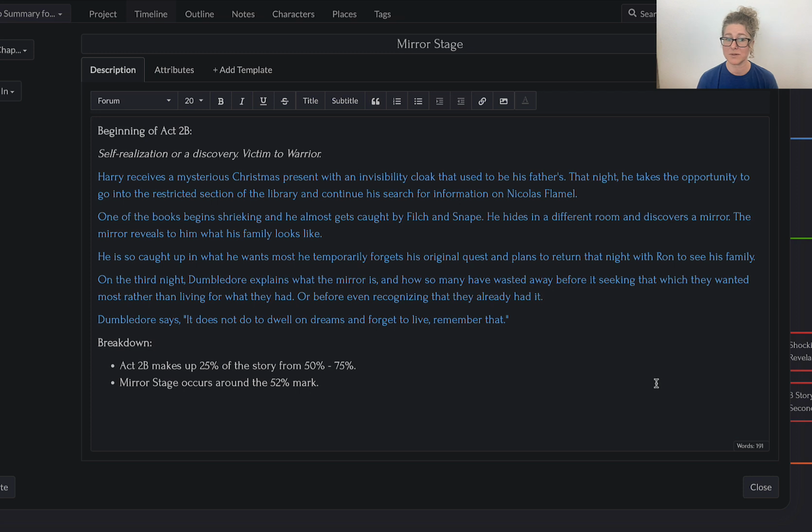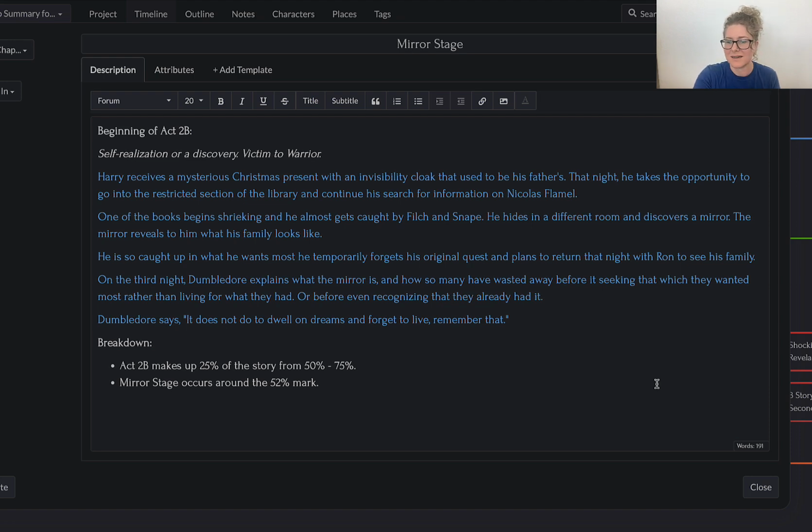On the third night, Dumbledore explains what the mirror is and how so many have wasted away before it seeking that which they wanted most, rather than living for what they had, or before even recognizing that they already had it. So Dumbledore says it does not do to dwell on dreams and forget to live. Remember that. Now, even though this scene is called the mirror stage, usually you don't actually literally have a mirror. It just so happens there was one in this book. So that was kind of a fun and